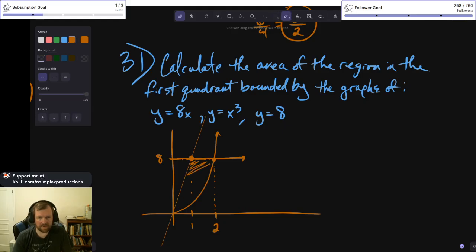So we want, what is the area of this thing? Two major ways to do it. There is the ridiculous way, which is we want the area of the region. All right, that's not going to work very nicely. We have the area of the region, and here we have to split it up. This is going to go from 0 to 1 of y equals 8x minus